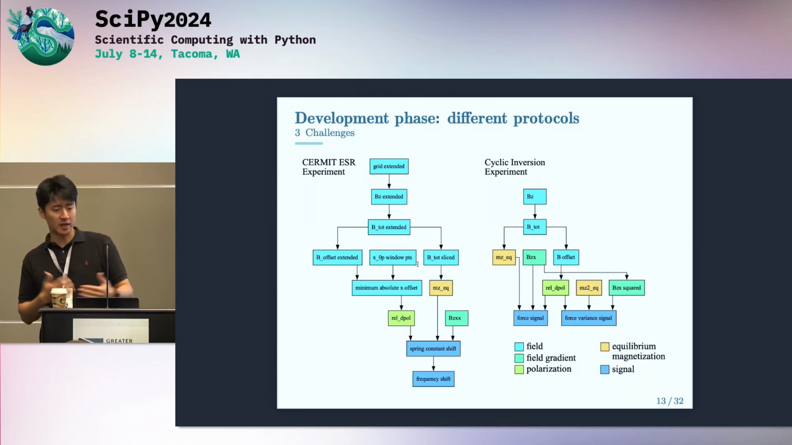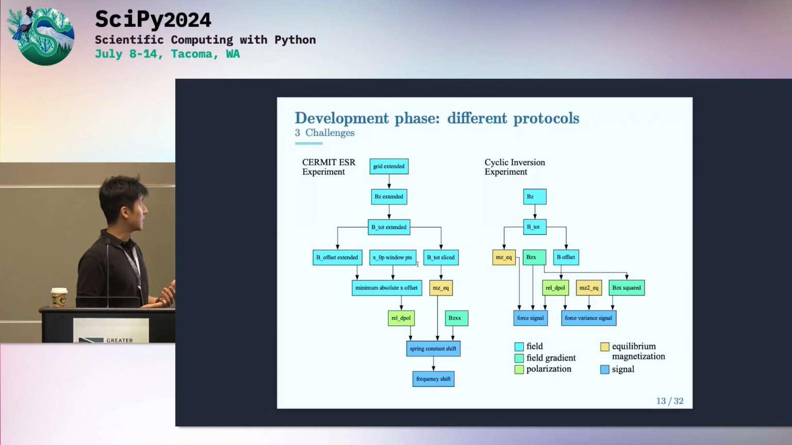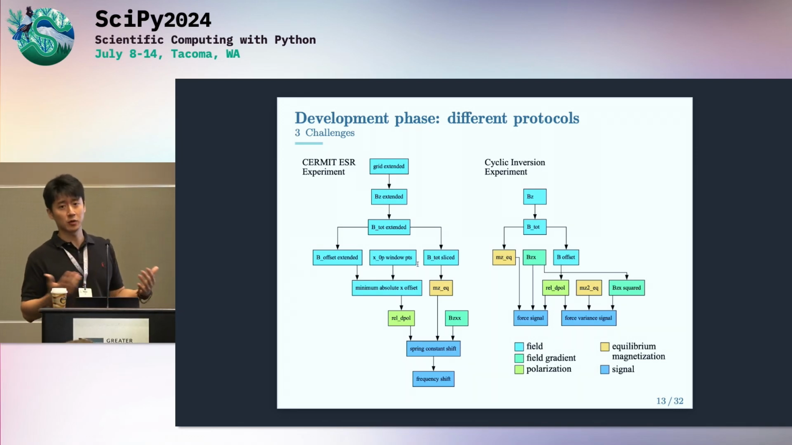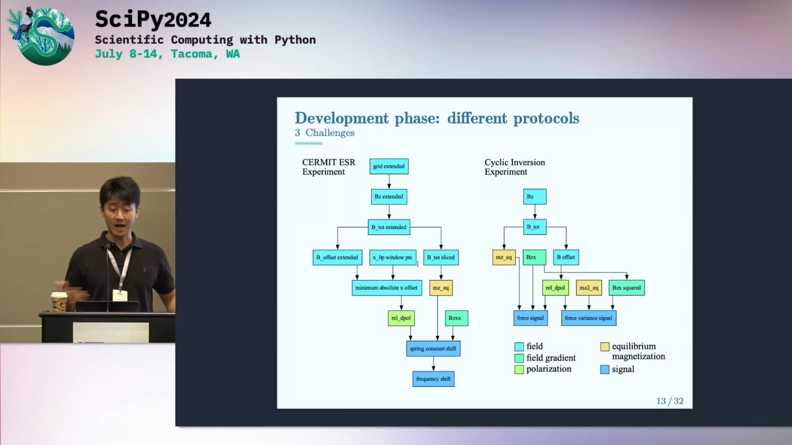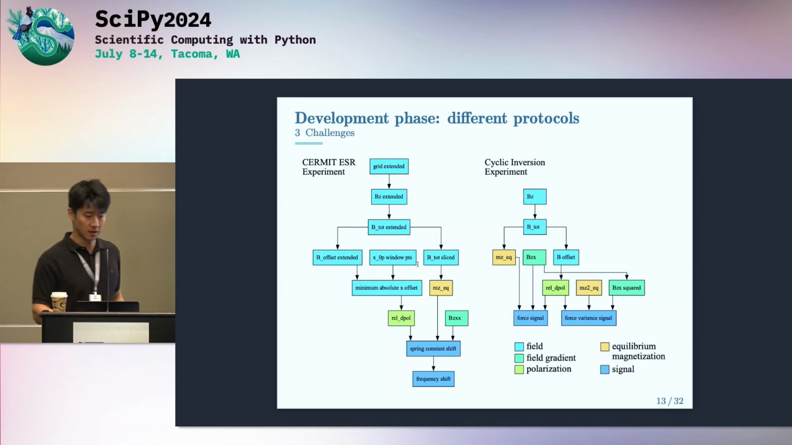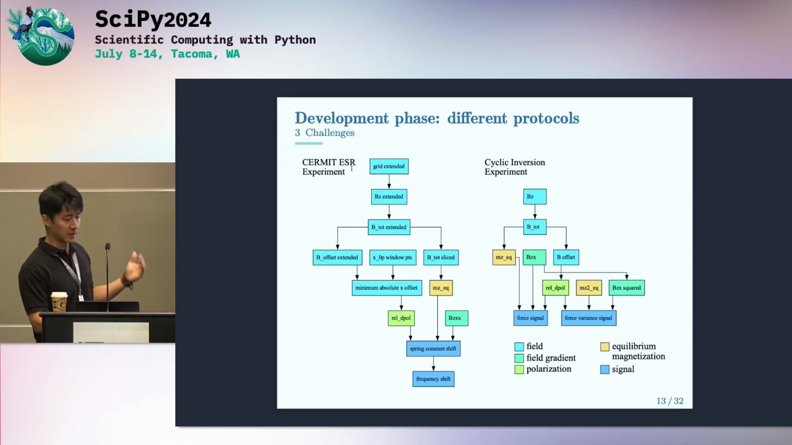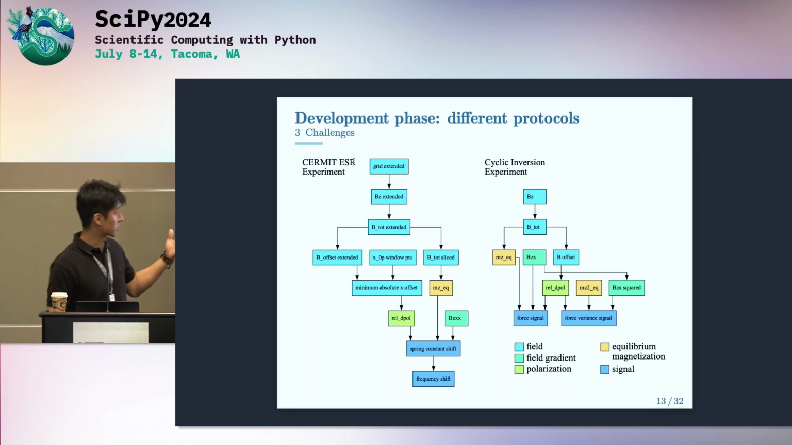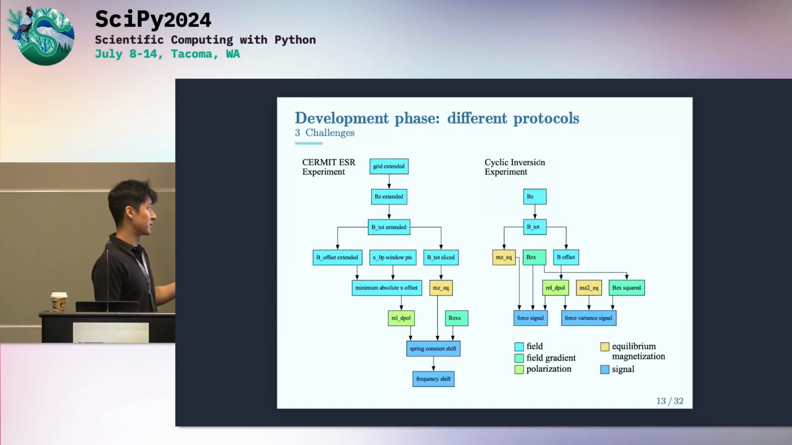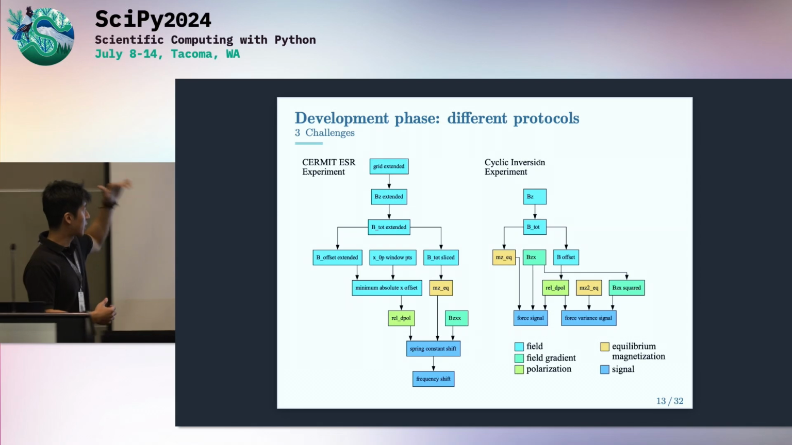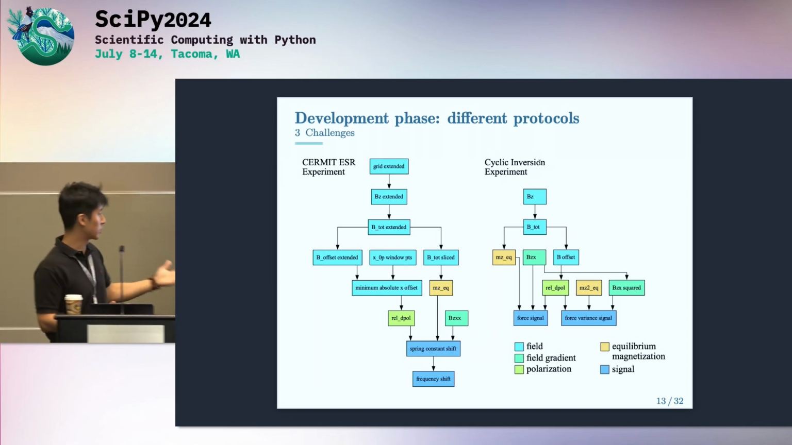But the difficulty for a completely fixed workflow is that we are also in the development phase. That means there's a lot of different protocols as well. So I've shown here two different protocols that are actively being used in different groups. One is a Kermit. It's basically just an ESR, electron spin resonance experiment, and there's one cyclic inversion. It's a different type of protocol. So you can see here, they share some common components, but the process is completely different, and we are also getting